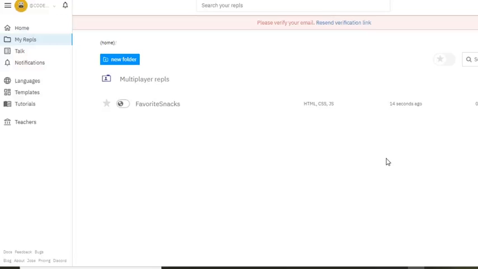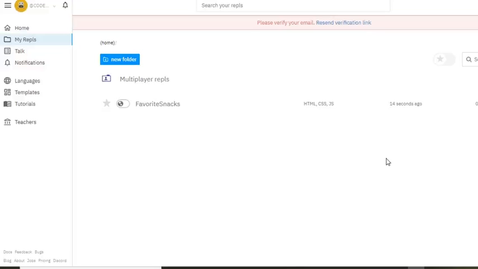So, the very first thing, if you are advanced or you've dabbled in it and you have a code editor that you like to use, fair enough. Go ahead and use that code editor. They all work, at least as far as I know, most of the code editors work. But if you are a very beginner, I would recommend using Replit,